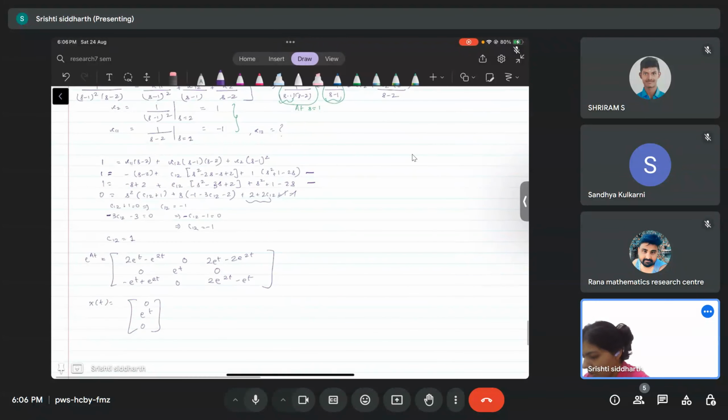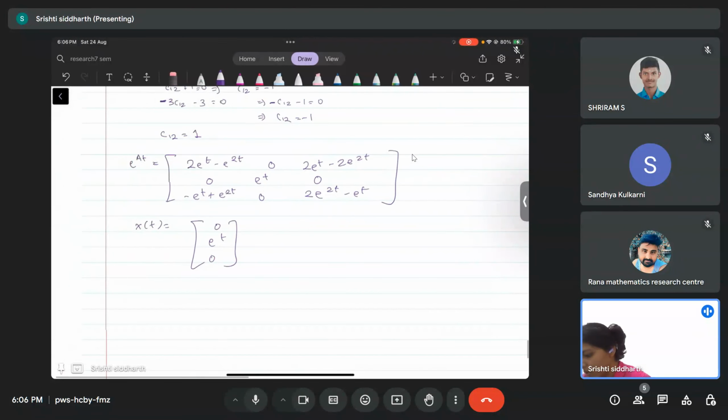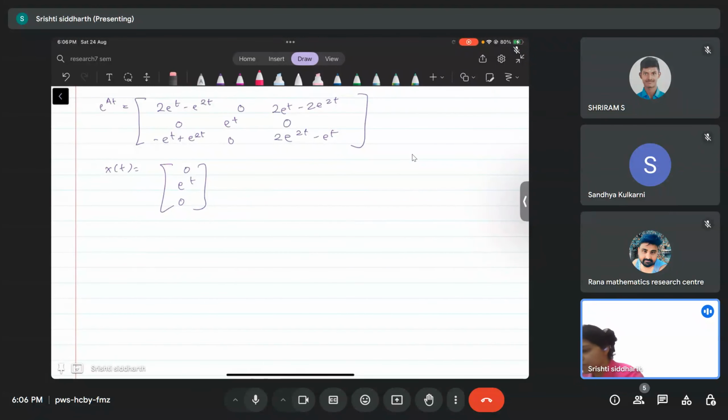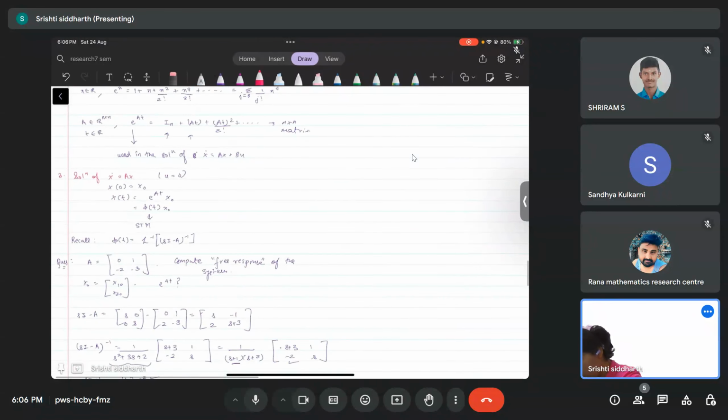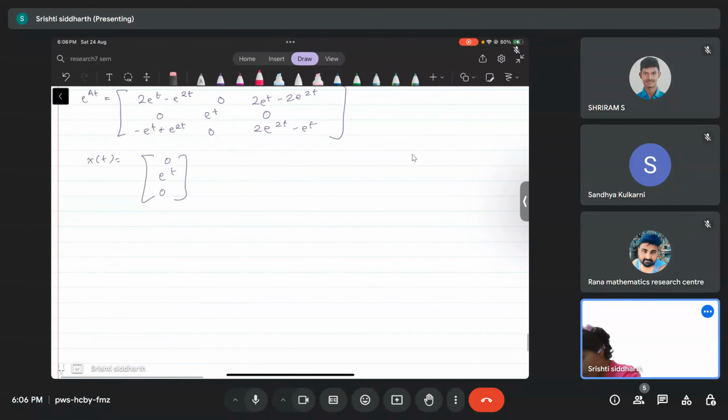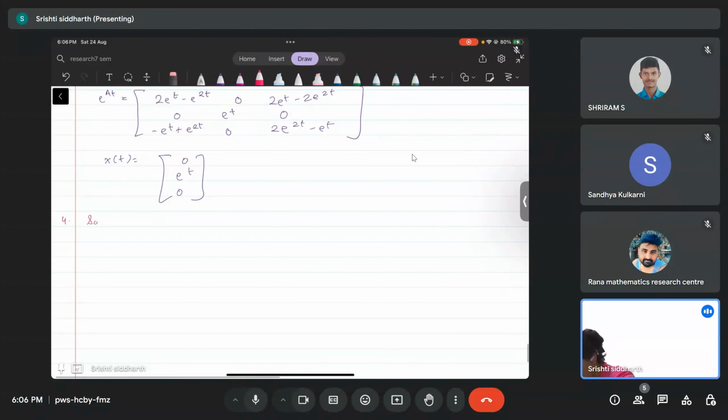So if this is okay, let's move on to the next problem. It's 4. So solution of non-homogeneous state space system or x dot equals ax plus b. So we already know the solution of this, and we need to find the solution due to the presence of input. Okay, so just recall from the lecture that